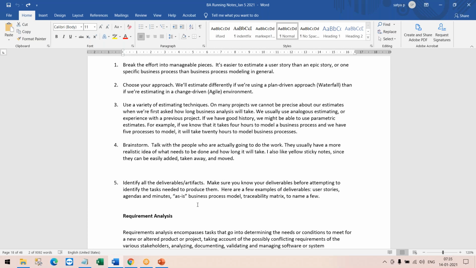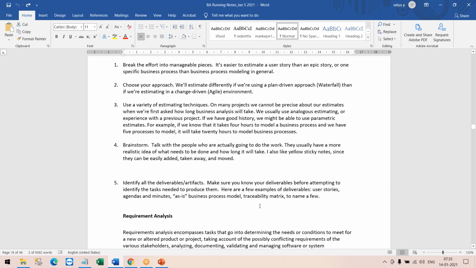So all this validation would be done by the project manager, and the BA might be pulled in to weigh in with his or her opinions. So estimation technique is very important. As a BA, we not only look for our own estimation, we also verify the estimation provided by the different